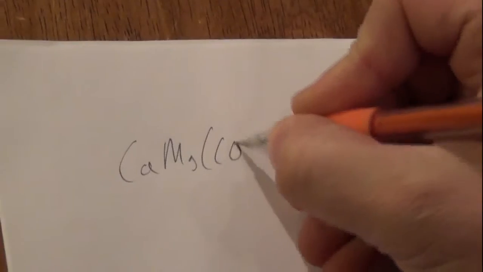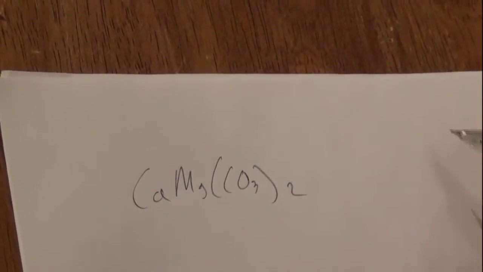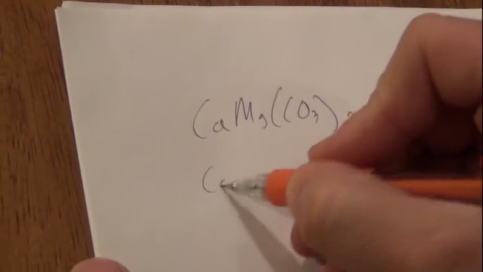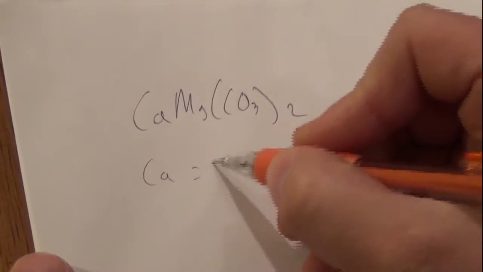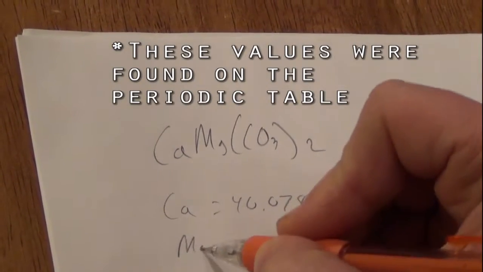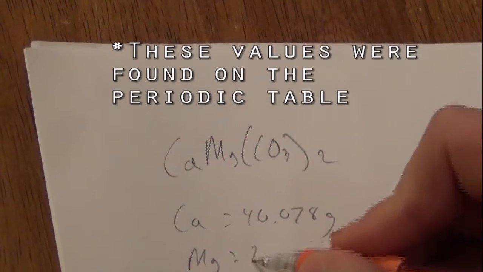So in order to solve this problem, the first thing we have to do is find the molar mass of dolomite, CaMg(CO3)2. We're trying to find the molar mass of this formula, so we have to break it down piece by piece. Ca is equal to 40.078 grams. Magnesium is equal to